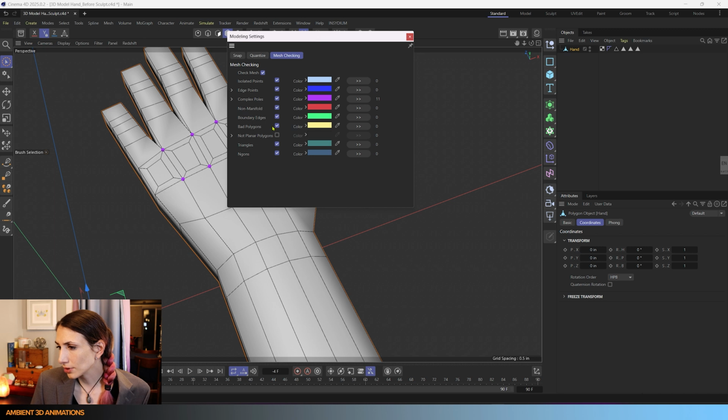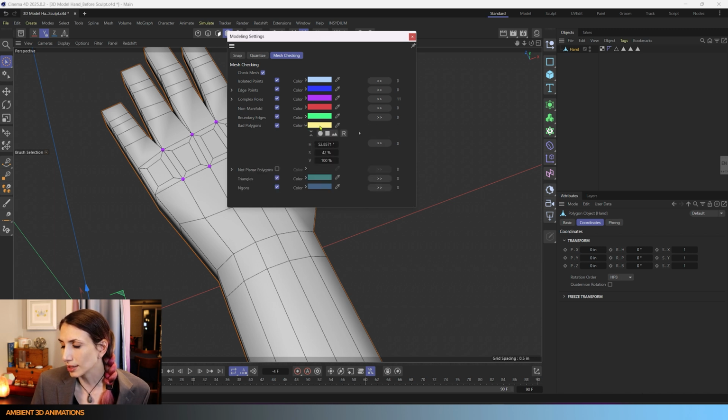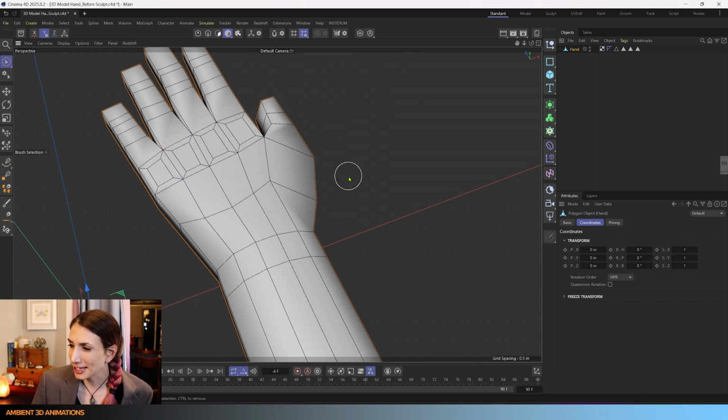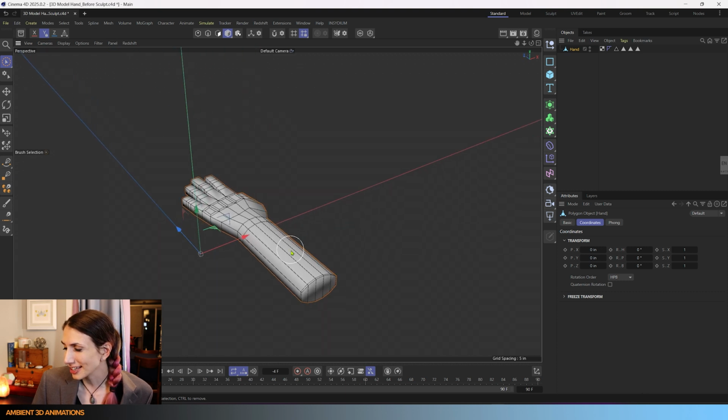Something to be careful of is if you have any bad polygons, you really don't want anything that's yellow. I'll tell you the number of errors for each error type. We have 0 triangles, that's good. We don't have any n-gons, that's good. So just double check these before you start sculpting on your mesh, because that'll save you a lot of headaches later. And I know this because I've learned from experience of making past mistakes, so hopefully that saves you some